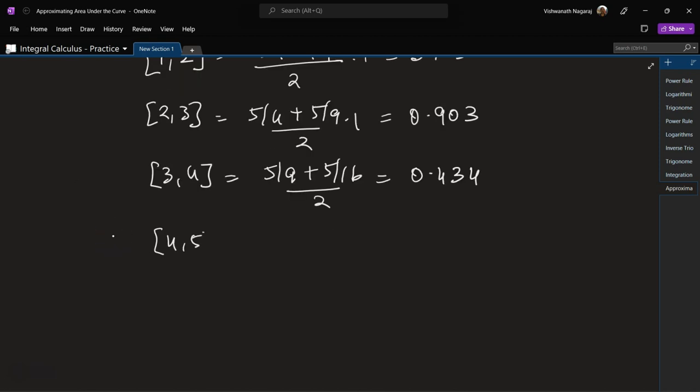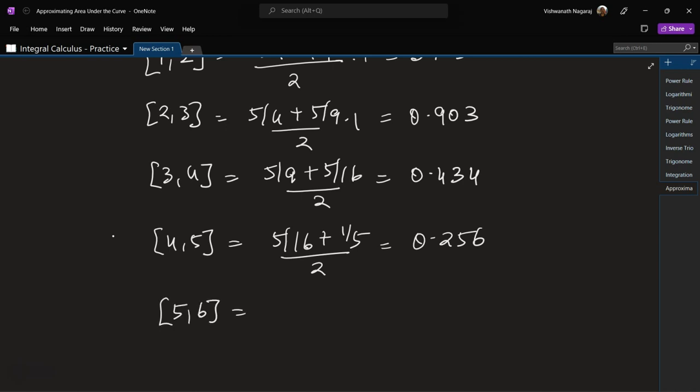And 4 to 5 gives us 5 by 16 plus 1 by 5 by 2, which gives us 0.256. 5 to 6 gives us 1 by 5 plus 5 by 36 by 2, which gives us 0.169. And if we add it all up, we get